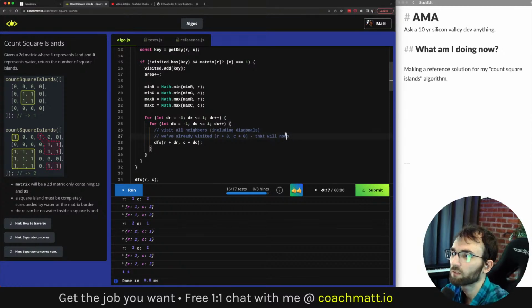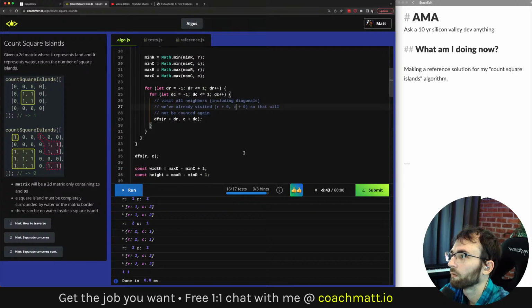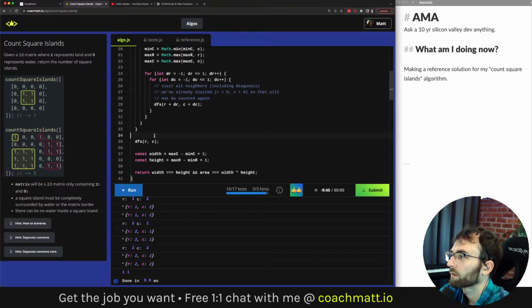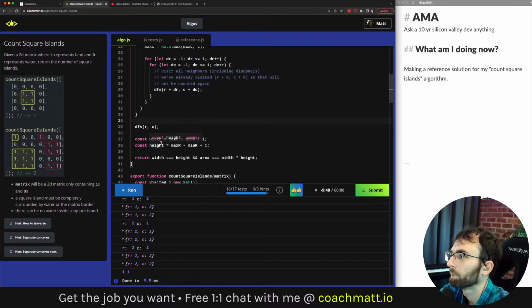It just means no operation. Maybe you want to avoid terminology like this depending on your audience. I would like this to be as accessible as possible, so that will not be counted again. Okay. And then DFS. Yep.